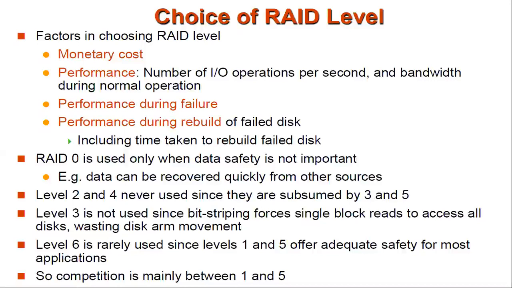Okay, so the number of operations per second, that is maximum speed, and then the bandwidth during normal operation. So the access speed, that is how much speed you are looking for in the RAID level. Based on the infrastructure and based on your application, how much speed the RAID level should provide, that is another factor. And performance during failure. In case of any disk failure in the RAID arrangement, what type of performance are you looking for?